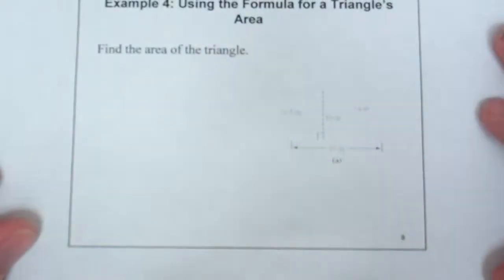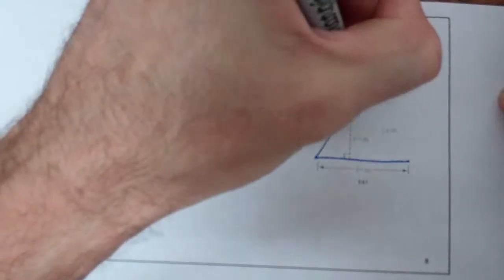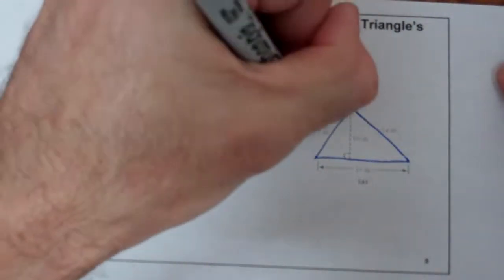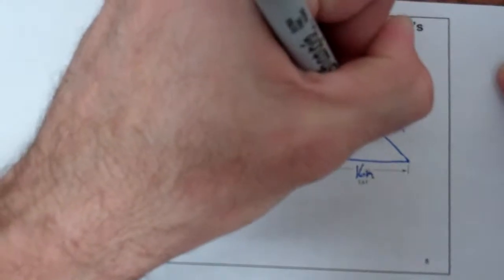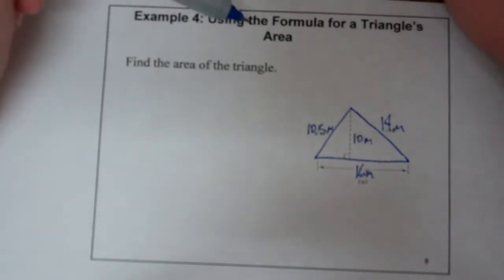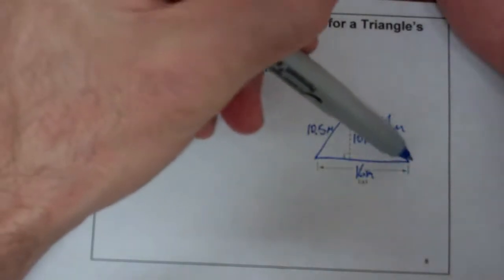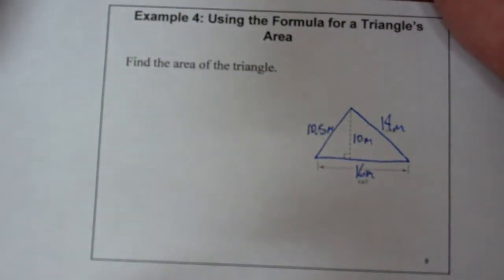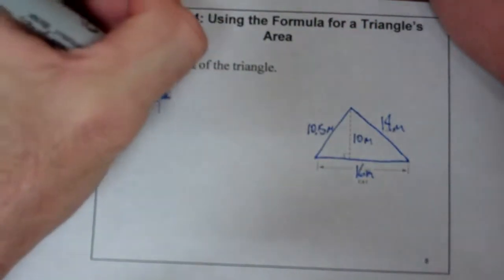So as I look at this particular picture, I'm just going to draw in the... Alright, so you've got 10.5 meters here, 14 meters here, 16 meters here, and 10 meters here. The idea is, this is a side. It's not a height, it's not at a right angle. This is a side, it's not a height, it's not at a right angle. This is the height, it is at a right angle to the base,